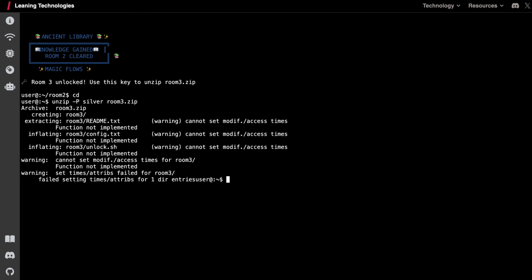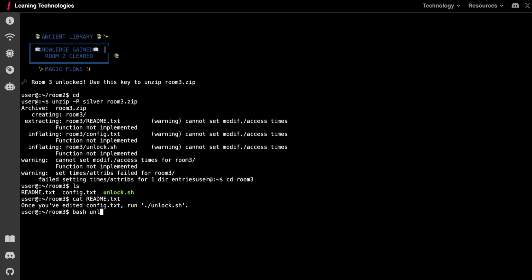Here in room 3, they can read the readme text. The readme text is going to give them some direction of what to do. What we're going to be testing is them editing the config file now, because if they were to run the unlock script,